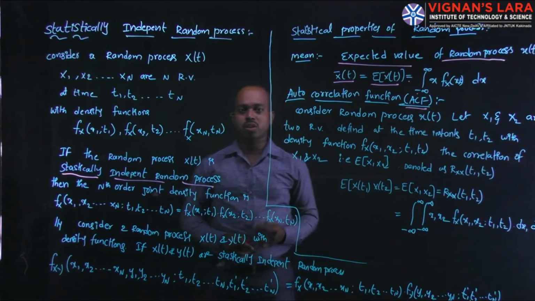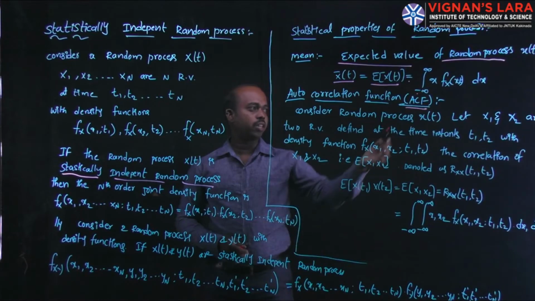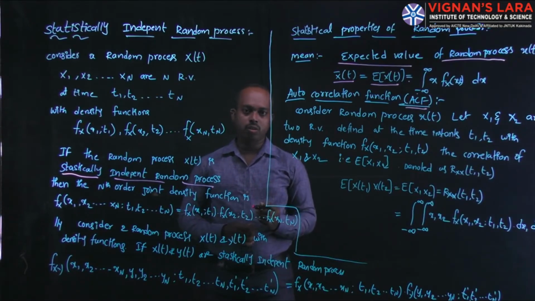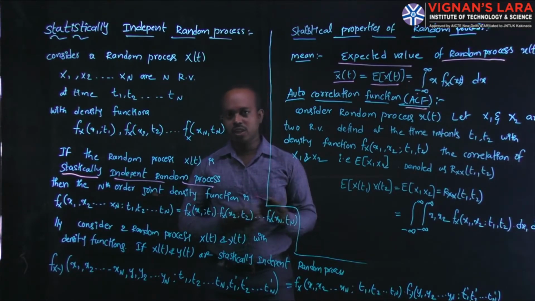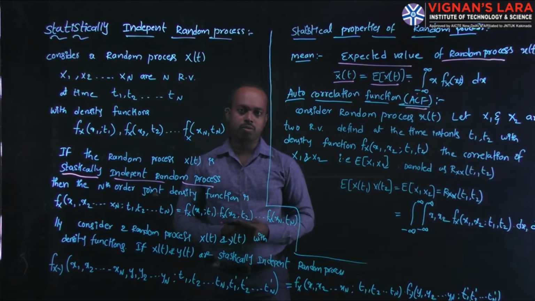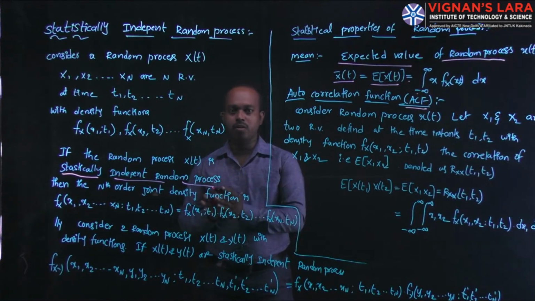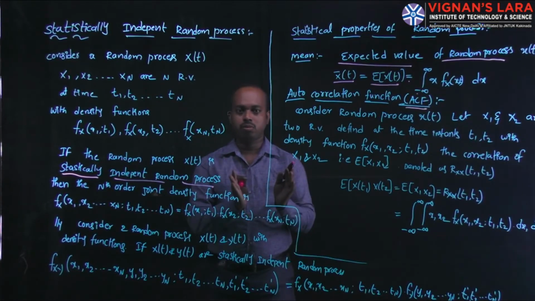Coming to the next one, this is the autocorrelation function, otherwise ACF. Sometimes a question asks in shortened form, find the ACF for a given function. ACF means autocorrelation function. The autocorrelation function is only taken on the same random process having different values, otherwise the same values at different times. The autocorrelation function is only applied on the same random process at different times.